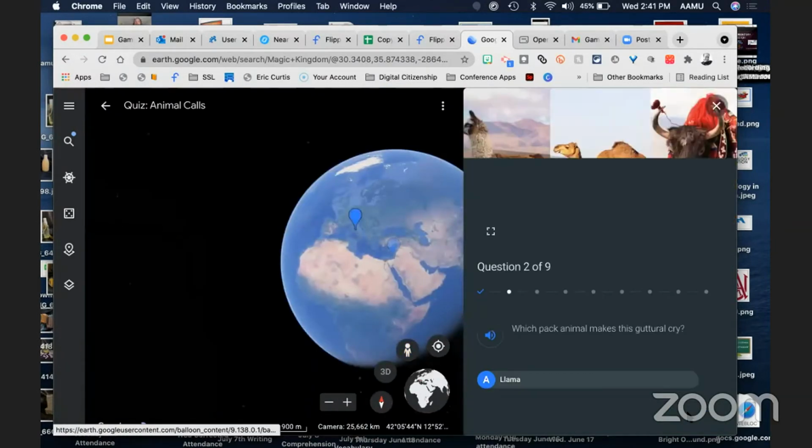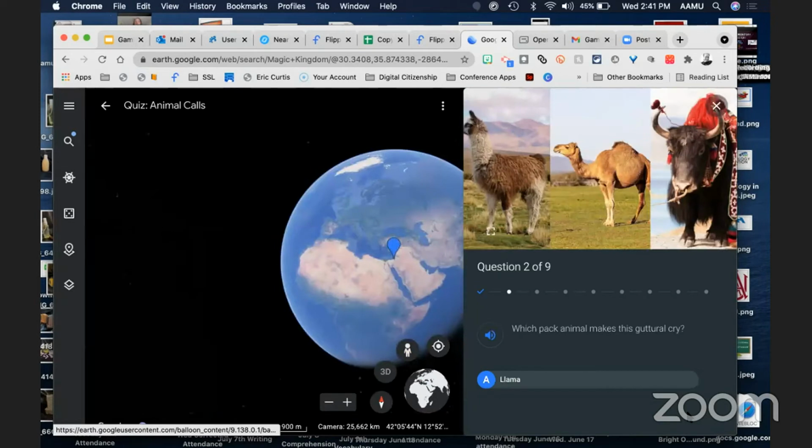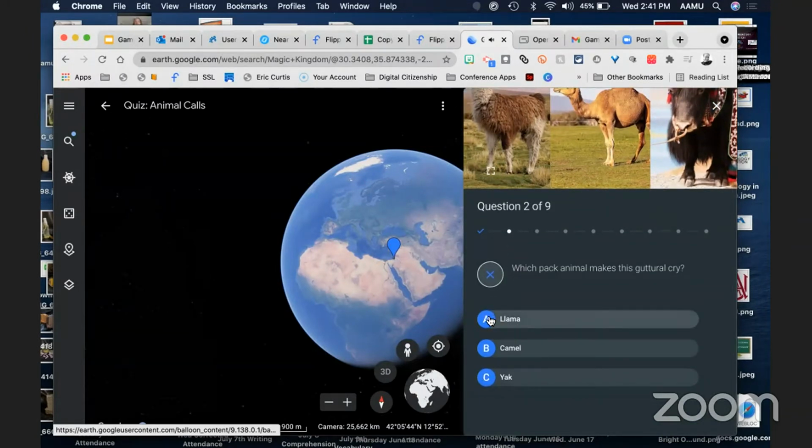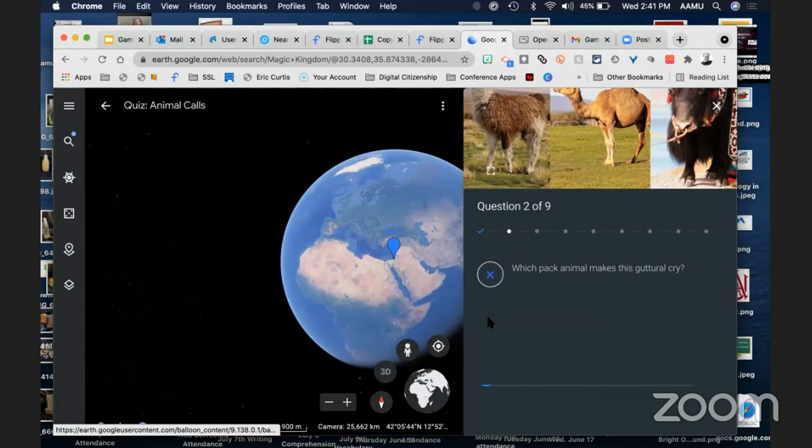The next question, what pack of animals makes this guttural cry? Let's see. Oh my God. That's kind of scary. That's kind of scary. Oh my. Okay, I'm going to assume, and I may be wrong. I think it's a llama, but I may be wrong.